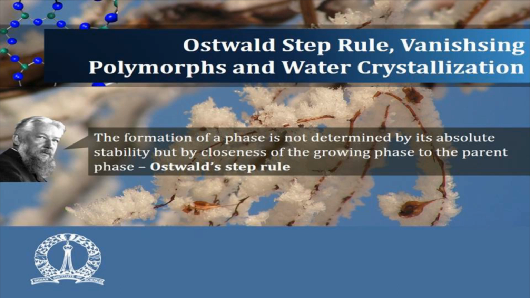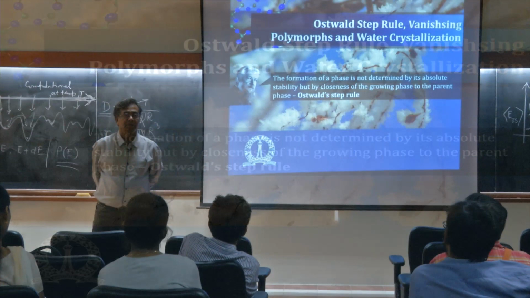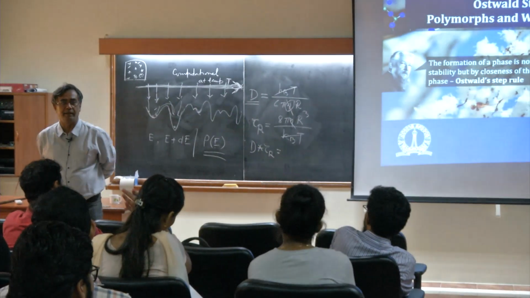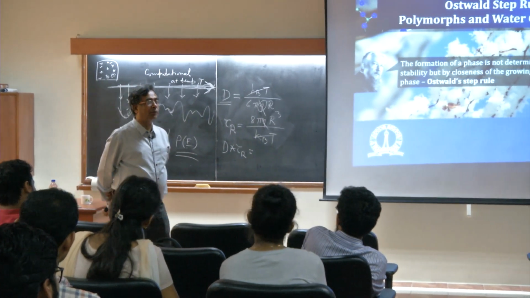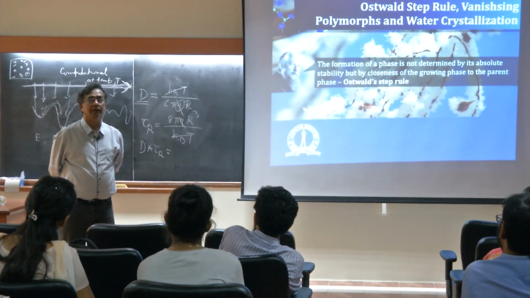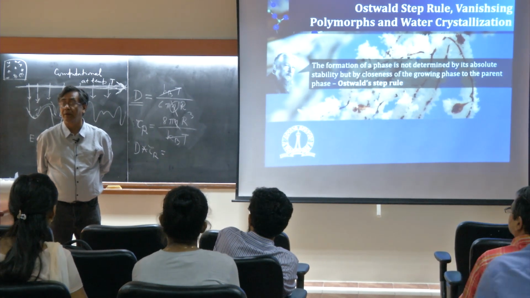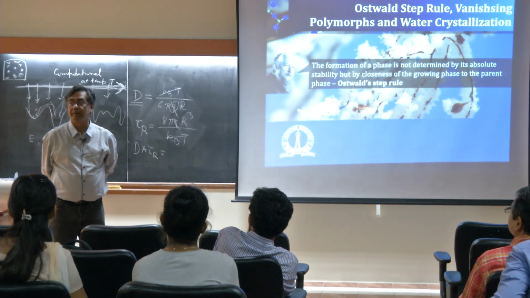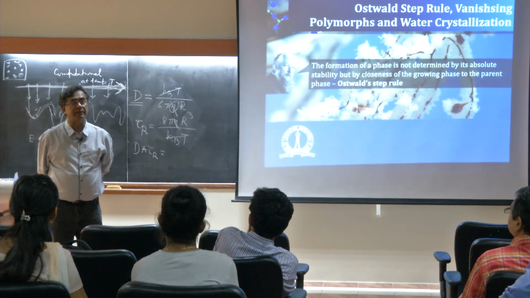I have talked enough, now let somebody give the answer. What is the Ostwald step rule? A few years ago there was a lot of discussion. Who is the most important physical chemist, particularly of the old era? Who got the first Nobel Prize in chemistry? Van 't Hoff. Second, Arrhenius. Third,